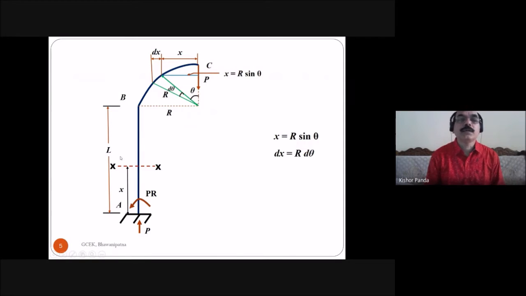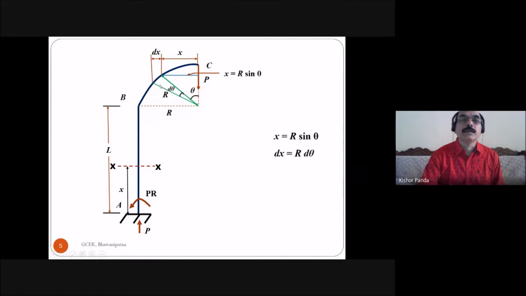So what you have to do here is find the bending moment expression for this portion and the bending moment expression for this portion. This is the straight portion. You have to find the bending moment between A and B at any section. And here this is the chord cantilever beam, and you have to find the bending moment at any section. Then you have to apply this moment in the strain energy equation. Then you can find the strain energy for the portion AB and for the portion BC.